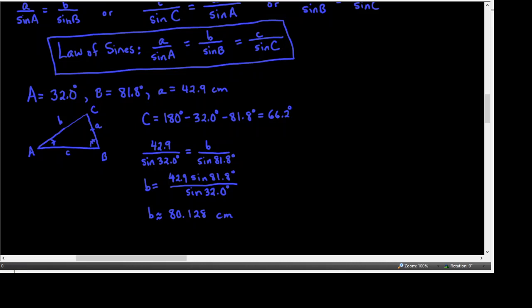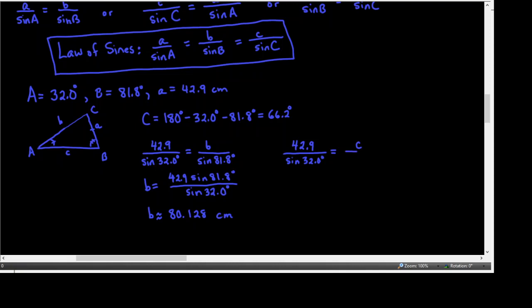Side C, right? So as I've said at least once before, as much as you can, try to use givens. So I'm going to reuse the law of sines with the A pair that I was given at the outset. This is the pair for which I have both given values: side A and angle A are both known. And this time, I'm going to solve for C by using another version of the law of sines, which is